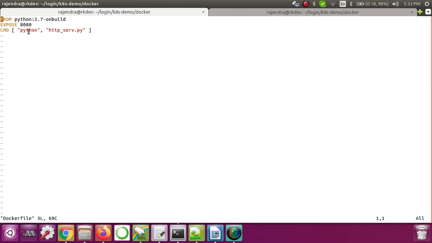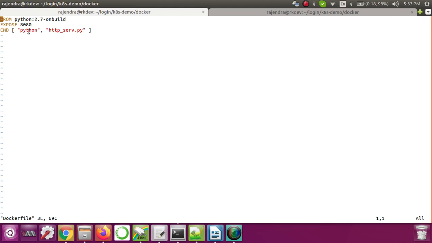Then this first layer will be built. The next step is EXPOSE 800. If your application should be accessible outside the world, outside that container, in that case you should expose that port so that your application will be available outside the container. Because by default all the ports of your container are closed.